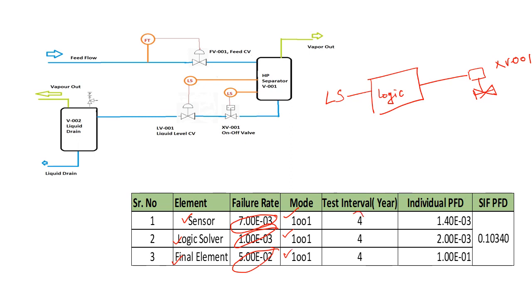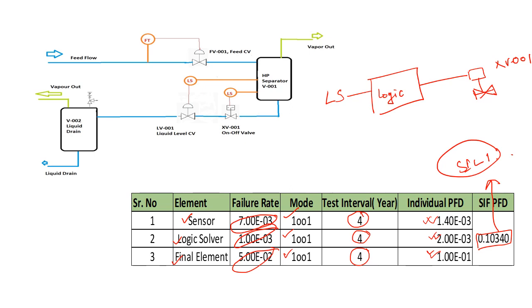If we consider the test interval of 4 years, we get this PFD of sensor as this, we get PFD of logic solver as this, and PFD of final element as this, and this becomes the total PFD. So if you see the SIL table, this falls under the SIL 1 category. So we can say that we are achieving SIL 1,